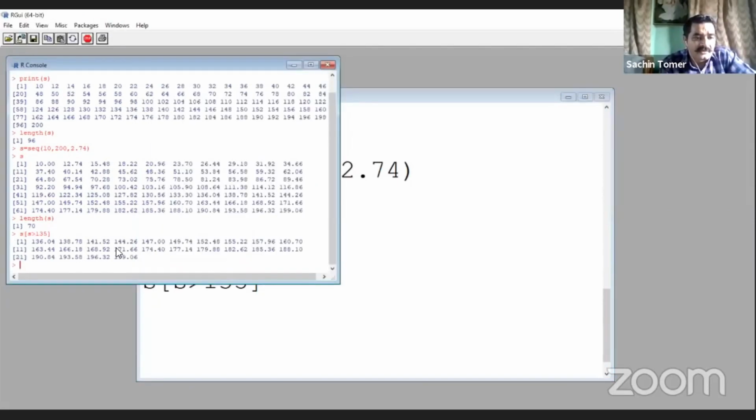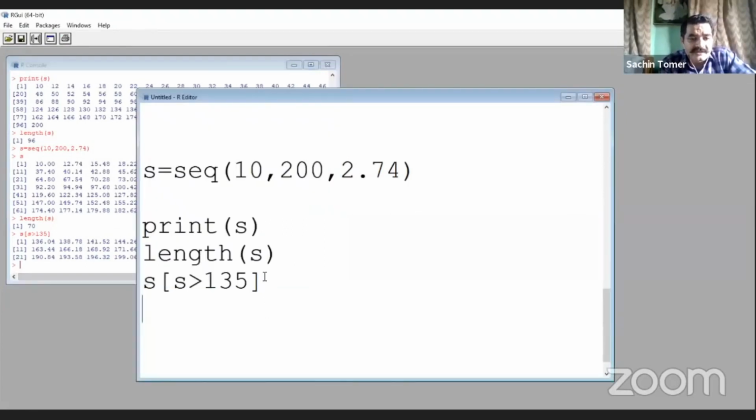So there are these observations which are greater than 135. Now the question is that we want to know how many observations in s are greater than 135. What command do we have to give here? My question is clear: I want to know how many numbers exist which are greater than 135.